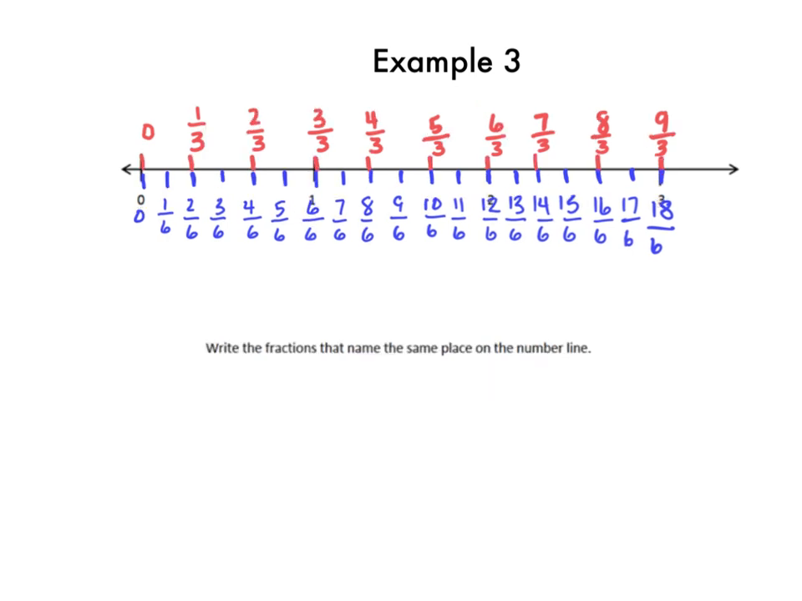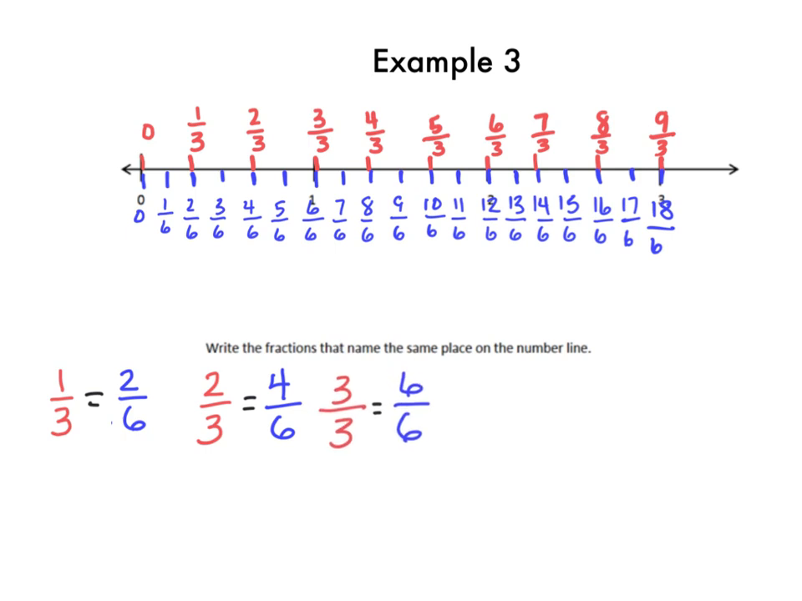Now we're going to write the fractions that name the same place on the number line. We can see here there's many places where the sixths and the thirds meet on the number line. We can see that there's 1, 2, 3, 4, 5, 6, 7, 8, 9 different equivalent fractions. So the first one is 1/3 is equal to 2/6. The next one is 2/3 is equal to 4/6. Next is 3/3 is equal to